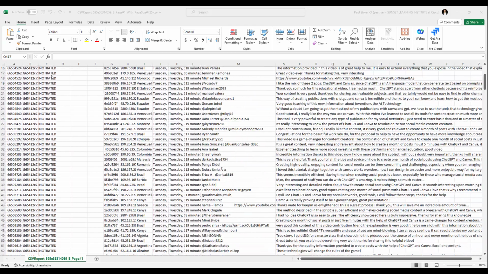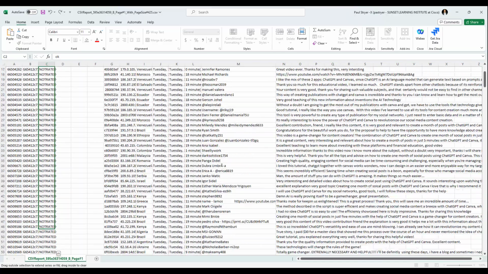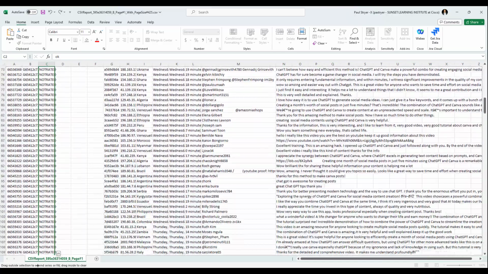And I'm going to go to the very top, and in the very top one where it says not rated, I'm going to go ahead and say OK. Now I'm going to show you the wrong way to do this first. So I'm going to hit OK, and I'm going to scroll all the way to the bottom, and by holding